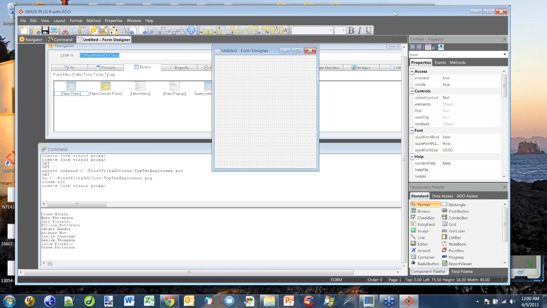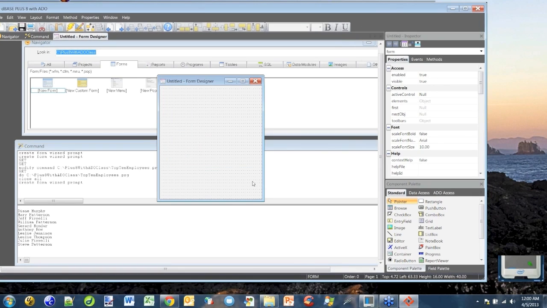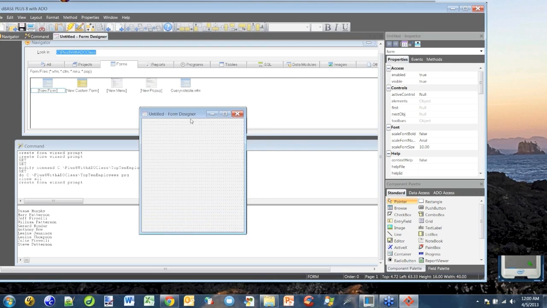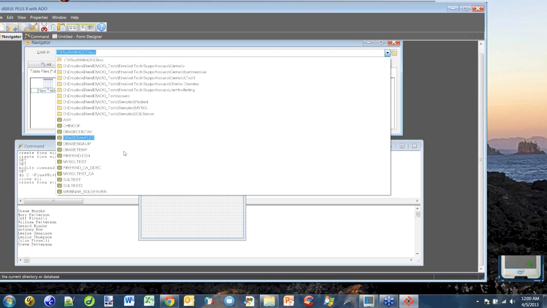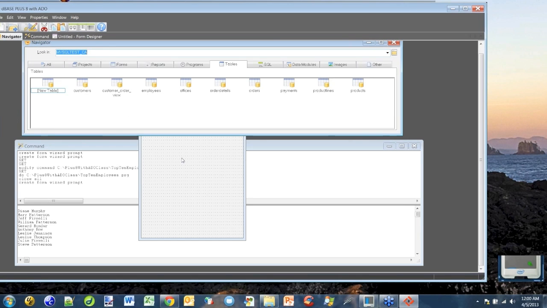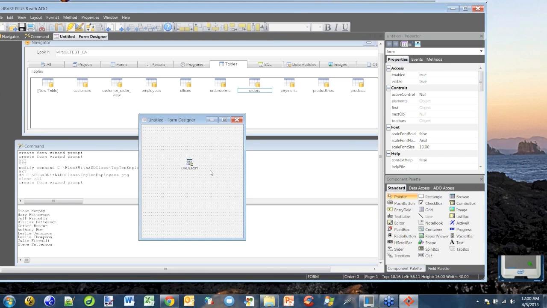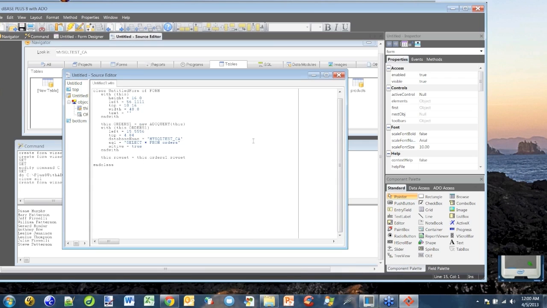And the first thing I want to show you is what happens when I click and drag an ADO connected table. We will use the MySQL database from earlier, and I'll just click and drag this orders table over. Now, as soon as I do that, if we hit F12 to take a look at the source code, one